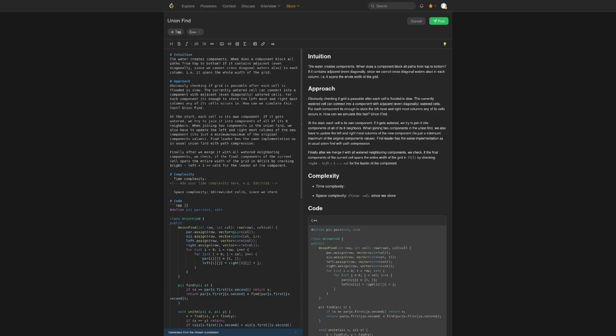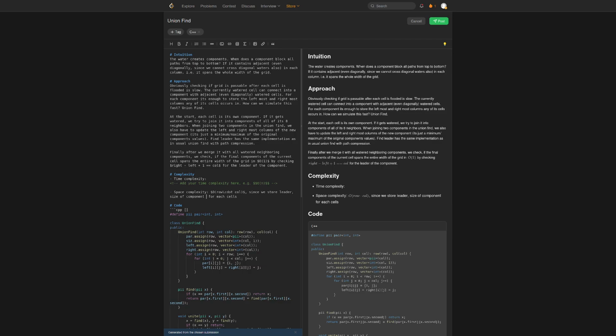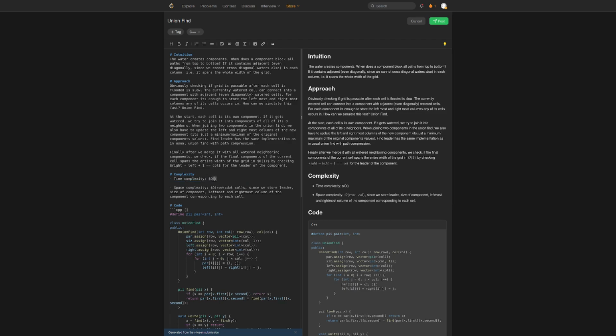Since we store parent, leader for each cell, size of component, leftmost and rightmost column of the component corresponding to each cell. Okay, time complexity is going to be a little tricky, but